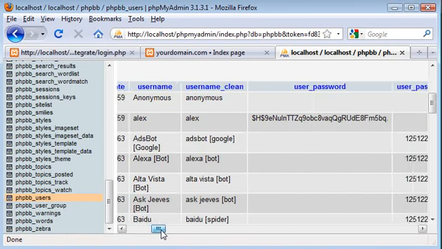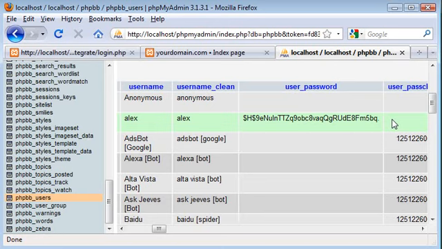If we scroll along again, we can see user_password. Now looking at this password, it doesn't seem like a method of encryption. It doesn't seem like a password hash we've come across before. In actual fact, this is self-hashed by phpBB. They have their own encryption algorithm that encrypts passwords and then has a method to check them as well. So we're not using MD5 here. If we were using MD5, it would be a whole lot easier, but we're in fact using their own methods. So we're going to need to find a way to do this,